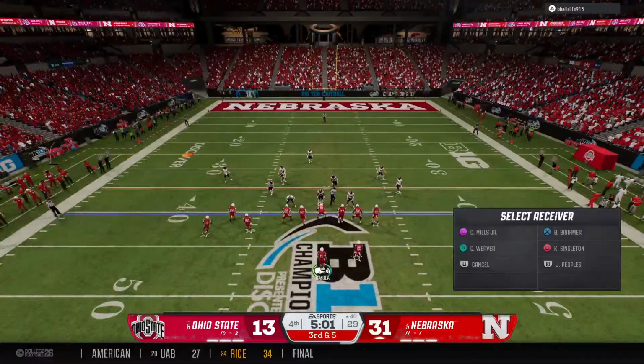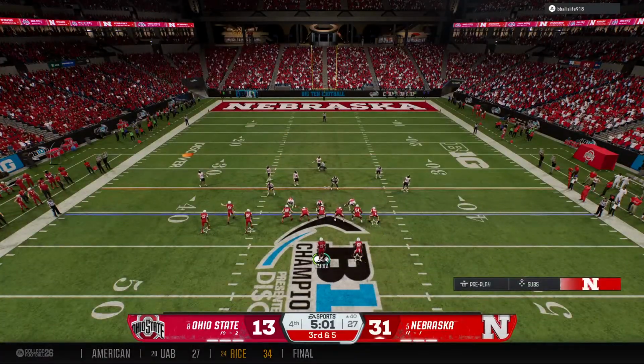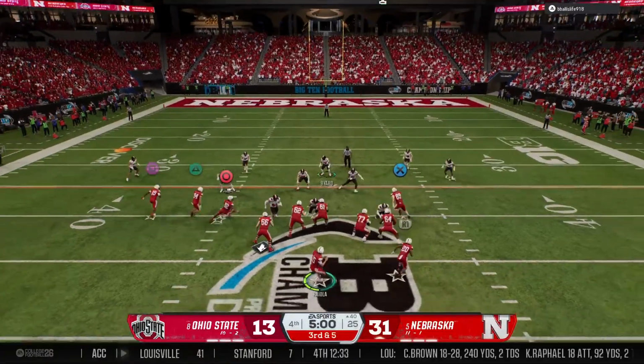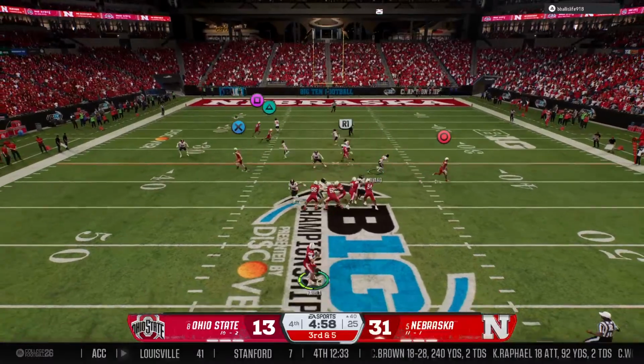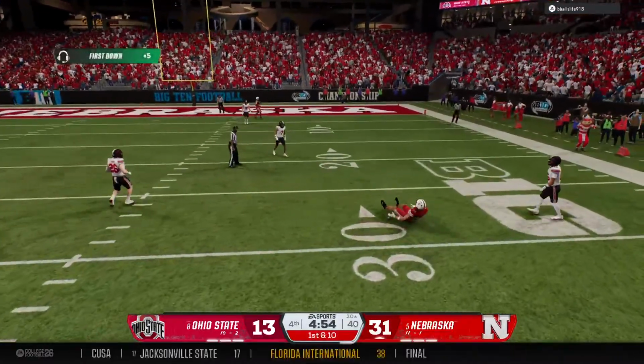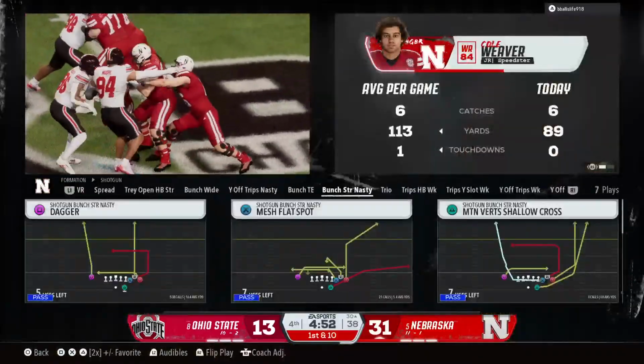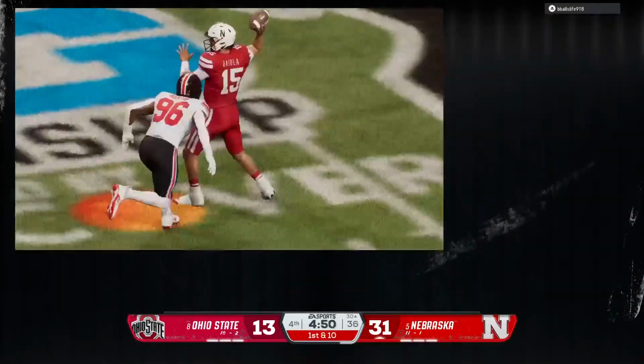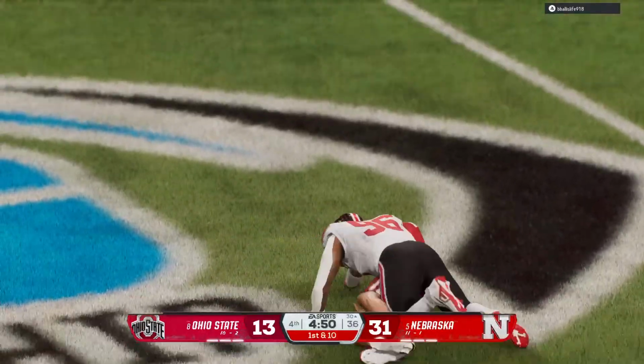After the incompletion, they'll line up now for a 3rd and 5. Out of the gun now on 3rd down. He's running out of time here. Took contact on the throw. Finds the receiver wide open. Brought down after the catch, but the gain moves the ball to the 30.